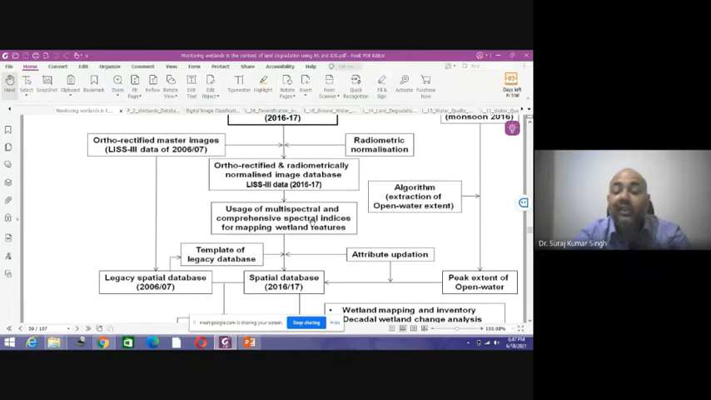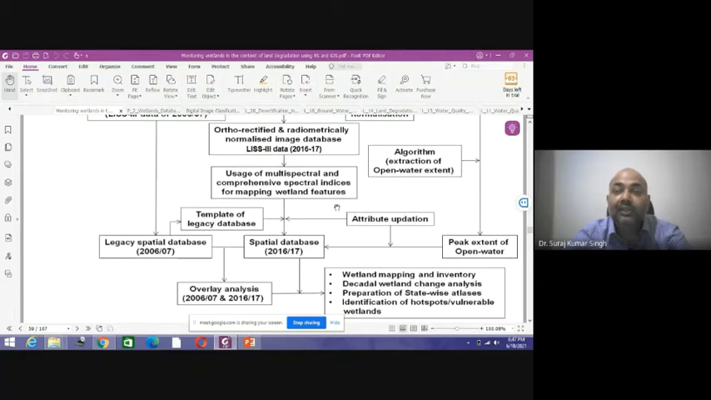So we'll be trying to highlight the wetland index, the wetlands, the water bodies from the satellite images, so as to extract the open water extent. Then we'll be providing the different kinds of attribution, what are the different kinds of wetlands that are available in that area. Thereafter, we'll be providing the attributes and we'll be overlaying the wetlands with the previous year wetlands so